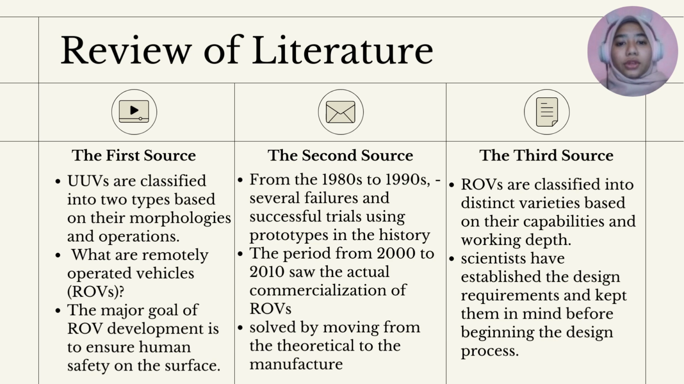Literature review. UUVs are classified into two types based on their morphologies and operation: autonomous underwater vehicle and remotely operated underwater vehicle. What is a remotely operated vehicle? It is a sort of underwater drone, a tiny device that can operate autonomously while also being a high-performance